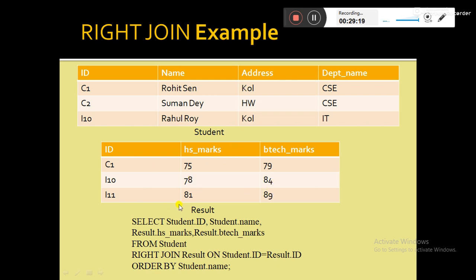And third record, as I have mentioned, all the records from result, all the records from right hand side will be selected. So the last record is I11, that is also going to be selected, but the corresponding I11 value is not present in the left hand side relation. So their corresponding ID and name value will be padded with null value. So third record will be null against ID, null against name attribute, then 81, and then BTech marks 89. So that will be the result of